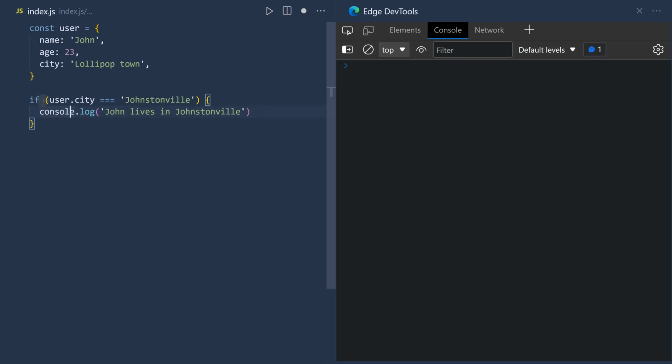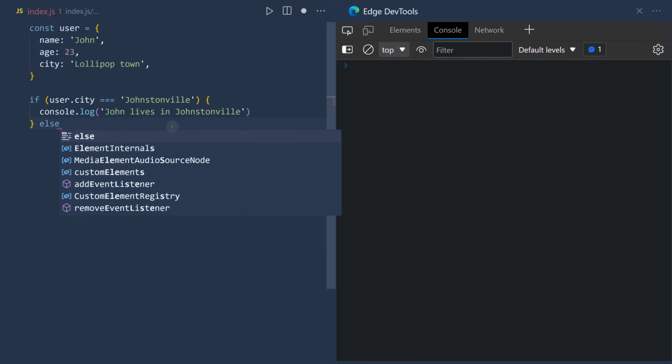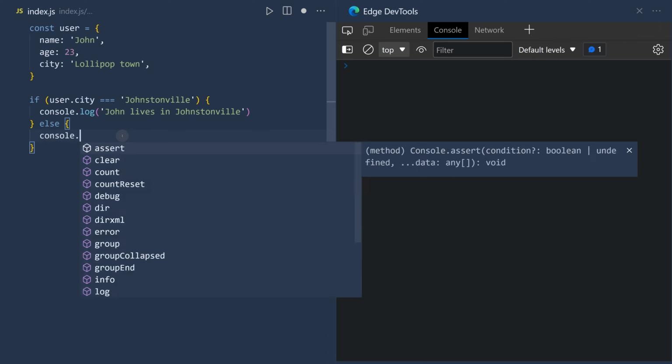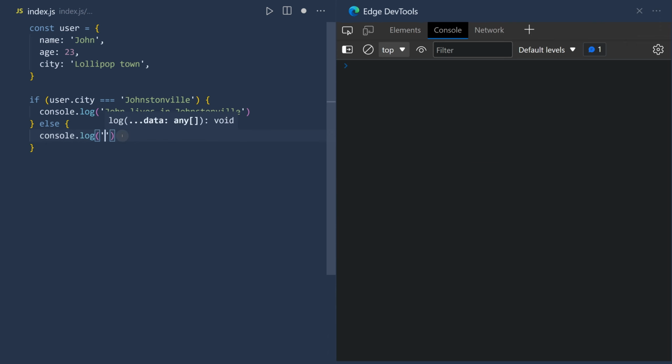Now, it would probably be nice if when we check to see if John lives in Johnstonville, we do something else if he doesn't live in Johnstonville, like say where he does live. And the way that we do something else is by typing else, and then we can do something else. If John doesn't live in Johnstonville, we can just write these squiggly brackets to say what else we're gonna do. So we can actually just type out what we need to say. So let's say console.log, and we'll just write out John lives in, can't type, user.city, because that's gonna be Lollipop